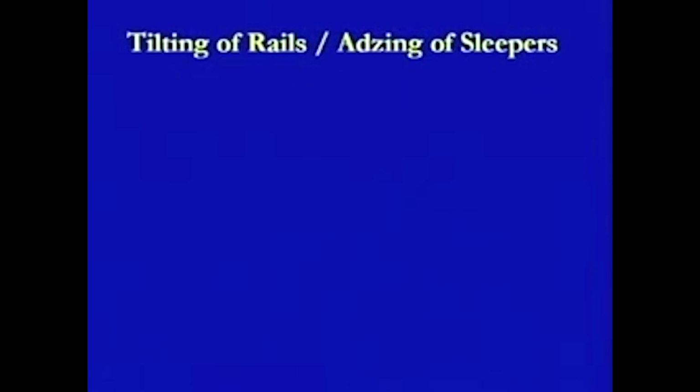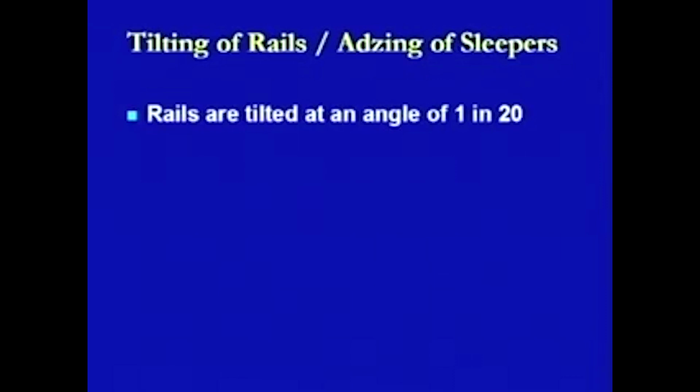And that is what is known as the tilting of the rails, and the associated feature with that is the edging of sleepers. In the case of the tilting of the rails, the rails are tilted at an angle of 1 in 20. This angle of 1 in 20 is the same angle at which the wheels have been coned. Therefore, as soon as we have the rails tilted at an angle of 1 in 20, the topmost surface of the rail head will come into contact with the base surface of the wheel, and therefore there will not be any